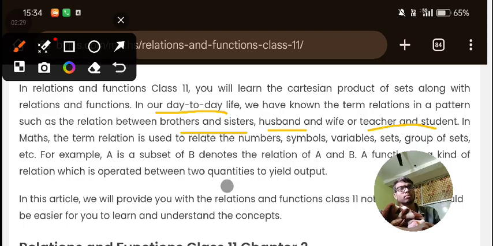For example, A is a subset of B. This denotes the relation of A and B. There is a relation of A with B. This is what is a relation of A and B. If A is a subset of B, then